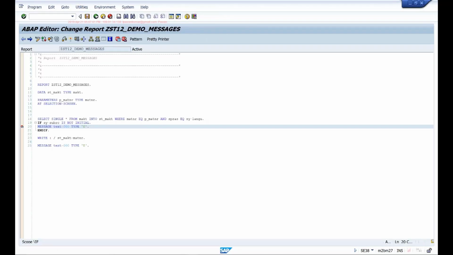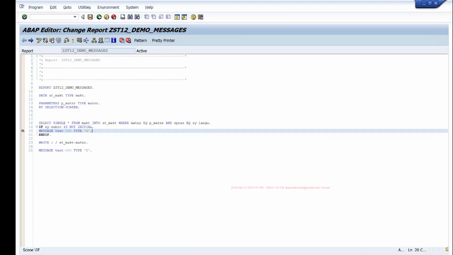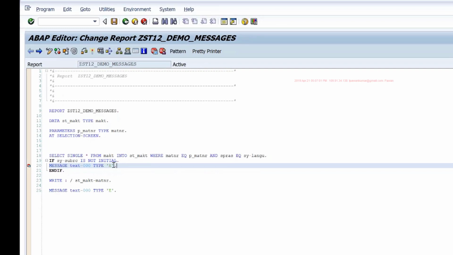So how do you show a message from the message class? The syntax is a bit different. With hard-coded text and text symbols, you say message, your message text, and you say the message type. If you want to use a message class, then you say message, E for error, W for warning, I for information, A for abend, X for short dump.